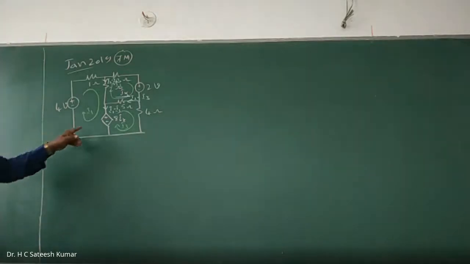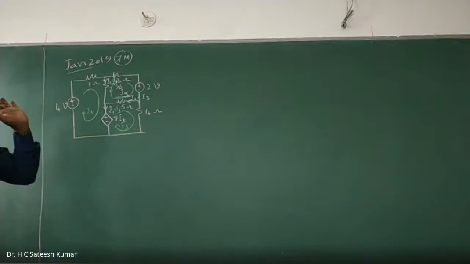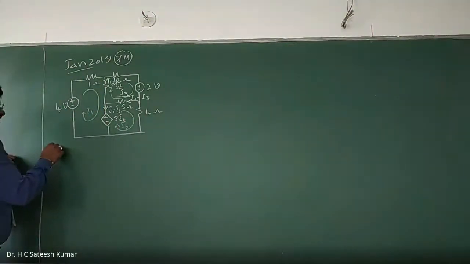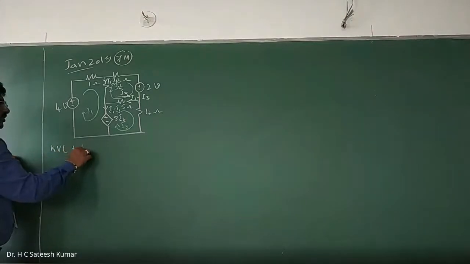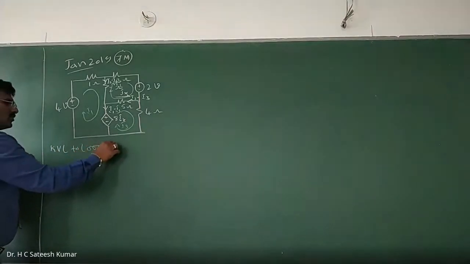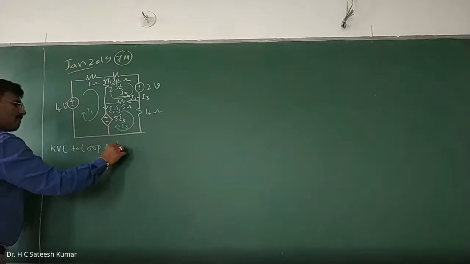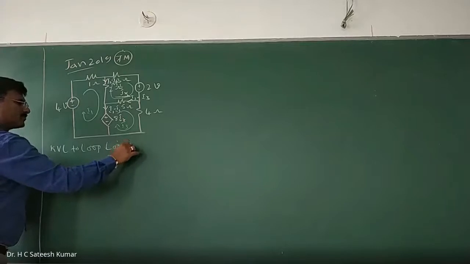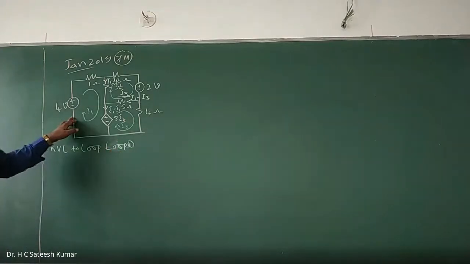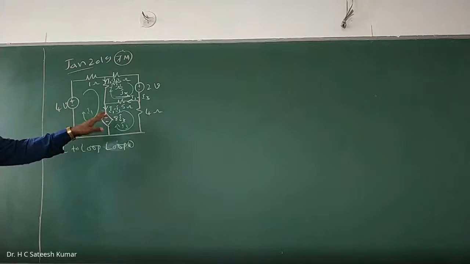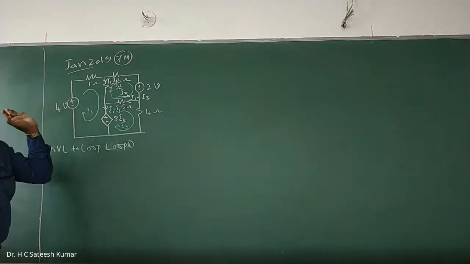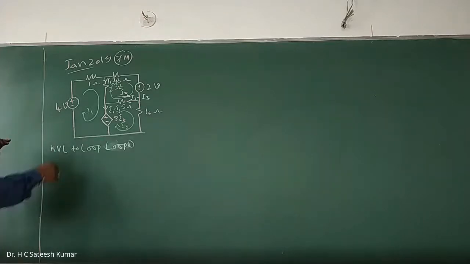Now, do we have a current source? No current source. All of them are voltage sources only. There may be dependent sources, and the 2 current dependent sources are there. Now, KVL to loop 1. In this problem, there is no current source either in the perimeter or common, therefore there is no supermesh concept. Only voltage sources are there. Apply KVL to loop 1.